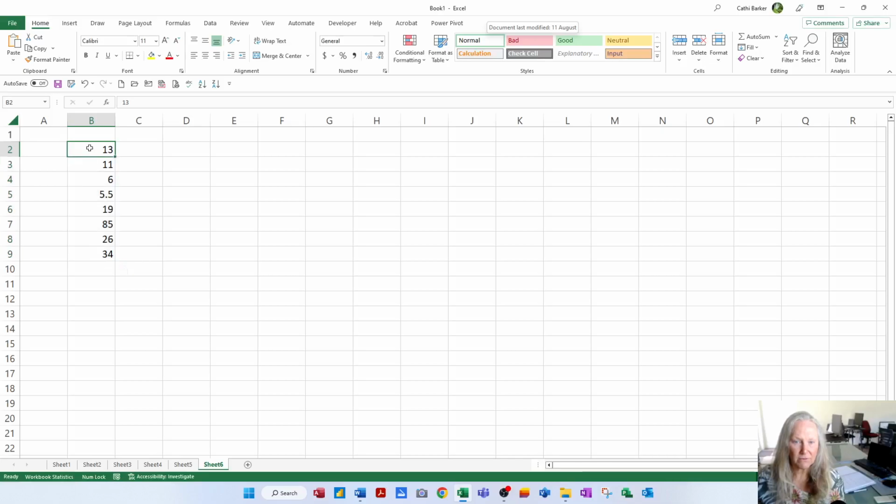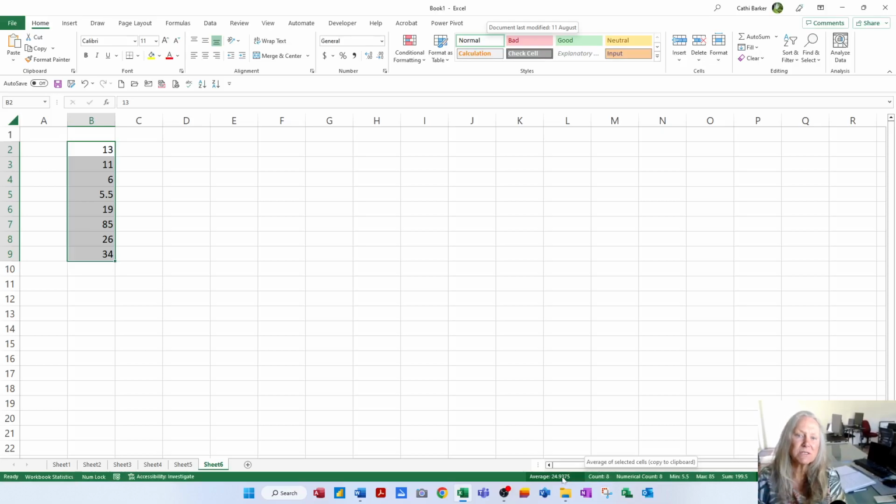If you drag from the first one down to the last one, the first one never goes white, so don't panic about that. That's what they call the active cell, and that makes sense once you start coding. But just select the group of numbers, and now look at the bottom of your screen. Because you turned on sum, it tells me the sum of the selected cells is 199.5. The largest value is 85. The smallest or minimum value is 5.5. The number of numbers is 8 and the number of items is 8. And they average